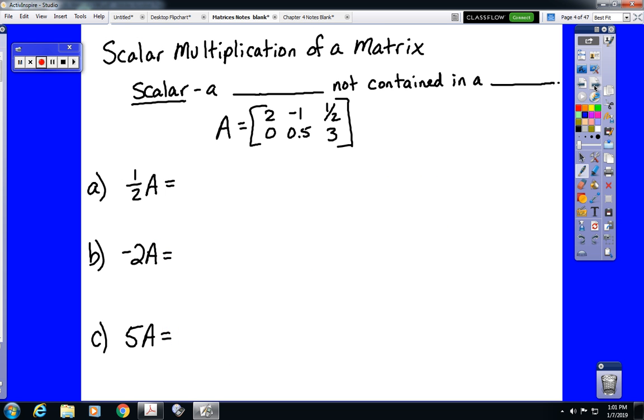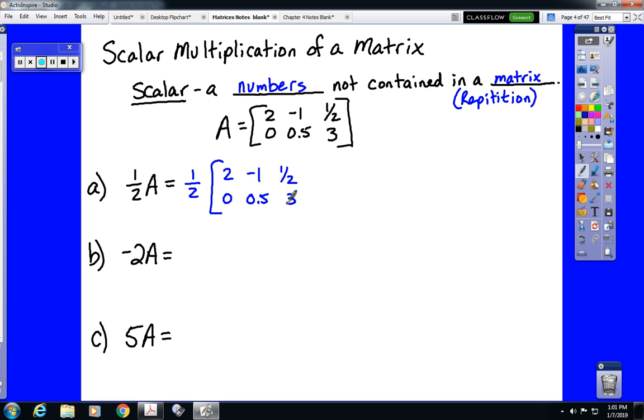Alright, scalar multiplication. A scalar is a number that is not contained in a matrix, and it's usually used to show repetition. We can also show dividing up information using a scalar. So a scalar is just a number that's not part of the matrix. And it is actually a really simple idea, because when we multiply a matrix by a scalar, all we do is multiply every number inside that matrix